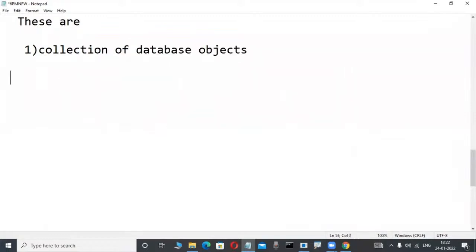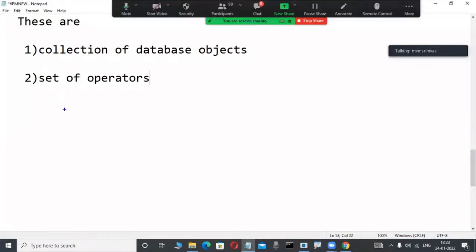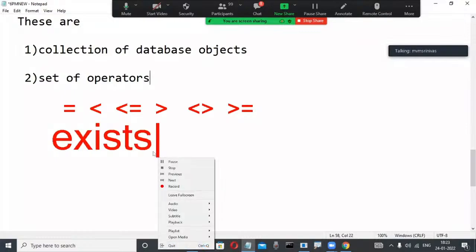In our courses we are learning not only the collection of database objects. In any relational data model product we observe another easy concept: a set of operators is available. Operator means, as in C language or Java, equal to, less than or equal to, greater than or equal to, not equal to. We are thinking of these operators, but also a set of operators, different operators in every relational data model. Suppose EXISTS is an operator. IN is an